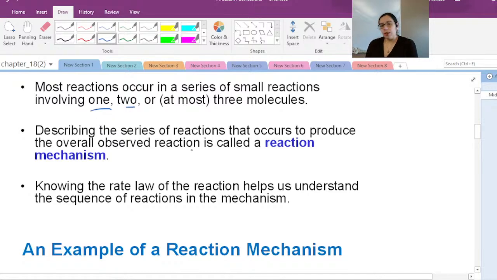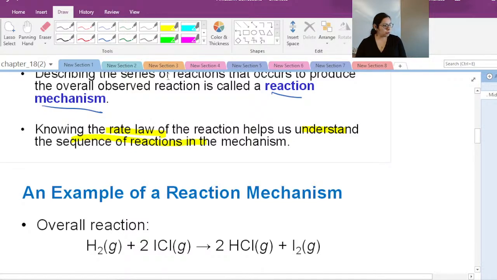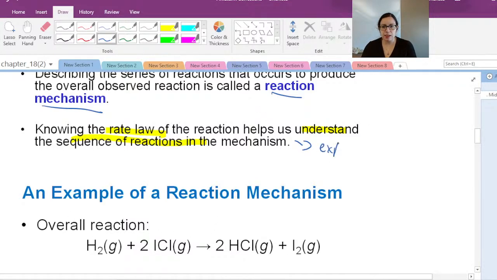And so then we're going to be looking at how to describe our reaction mechanism. So we'll be getting into that. And again, it'll still be related to the rate law. It emphasizes that knowing the rate law helps us understand these reactions. And again, we'll see how that unfolds. But all this is still to say that we need experimental data. So we can't just look at a problem and conjure up what's going to happen. We have to look at a reaction, we have to have data, we have to have rates to get it.